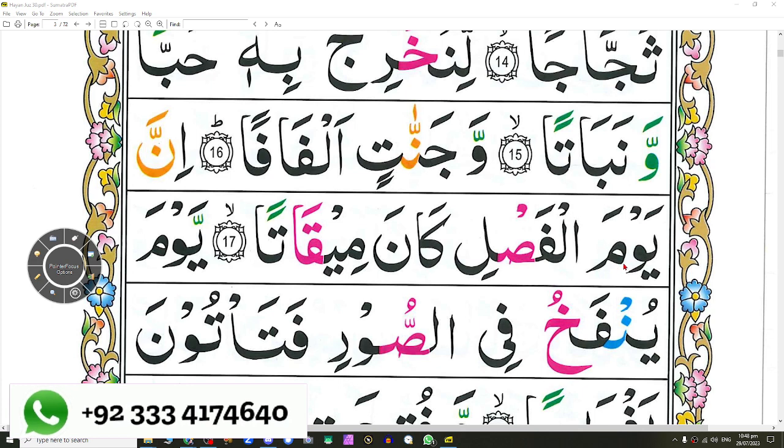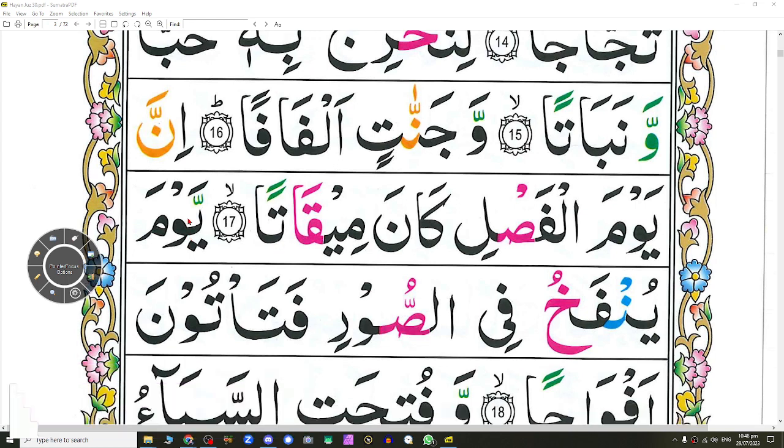Yawmal Fasli. Yawmal. Meem has to be connected with Lam. Lam has a sukoon. Yawmal Fasli. Kana miqata. Yeah, qaf will be heavy. The ah sound will be there. Ta is light. So miqata. Yawma